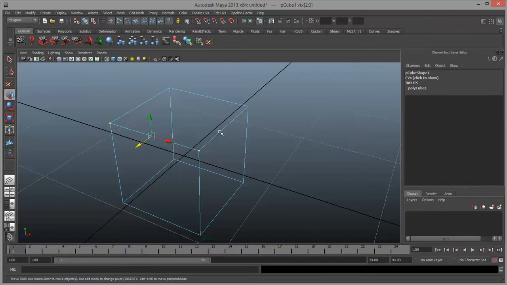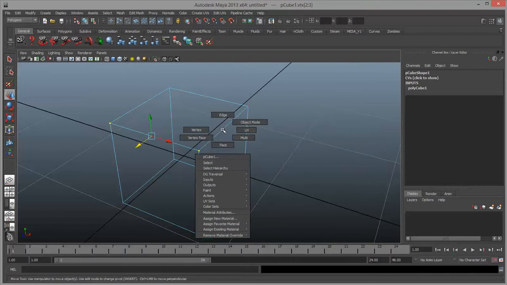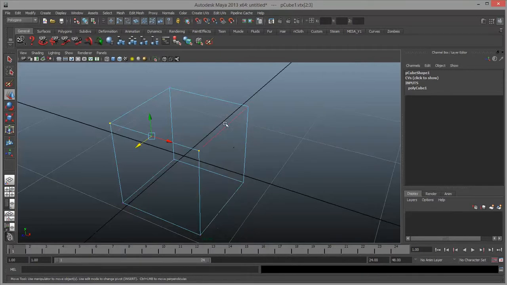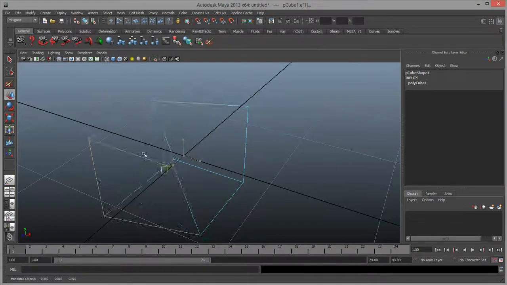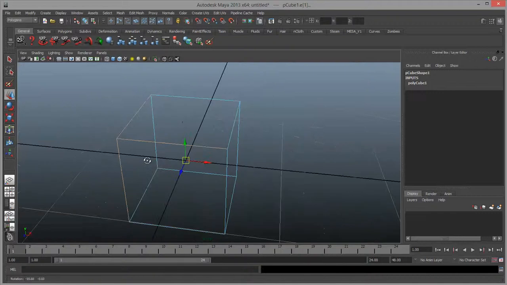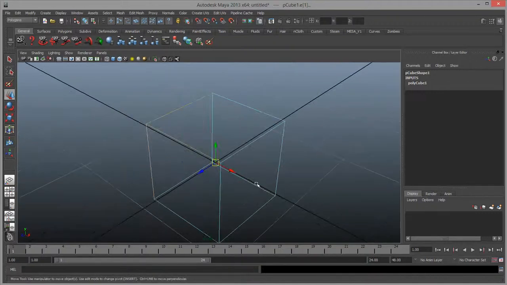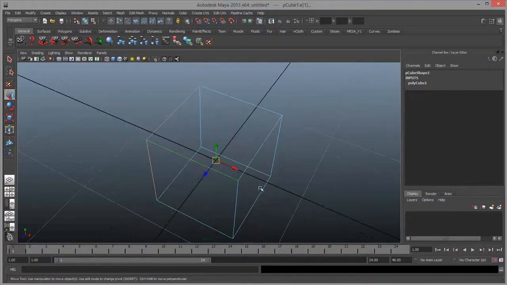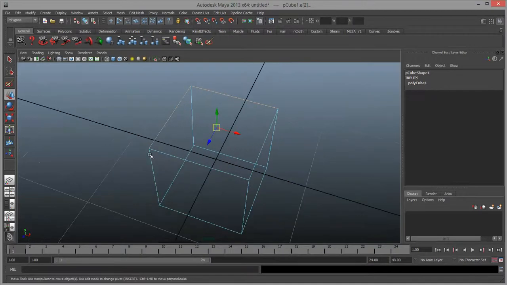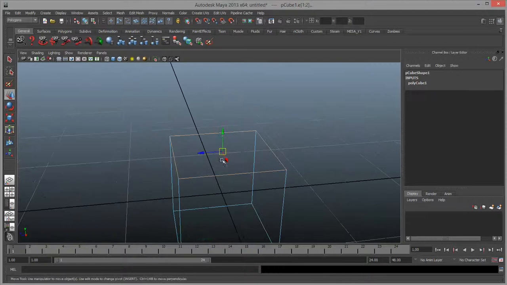Okay, holding down while hovering over the edge, holding down right click, I'm going to go up to edge mode, and edge mode allows me to select the edges. Okay, so here's an edge, there's an edge, here are 3 edges. Okay, the edge comprises at least 2 vertices. Okay, 1, 2, and it can comprise more if you grab continuous edges. So now we've got 1, 2, 3, 4 edges for the top,